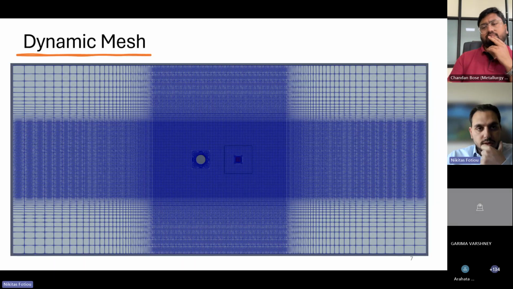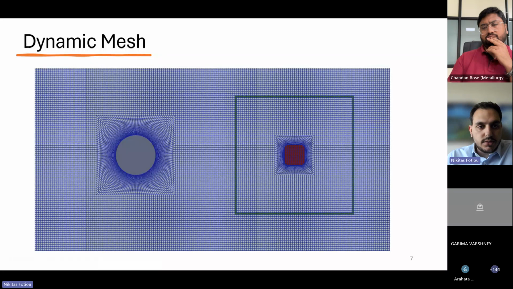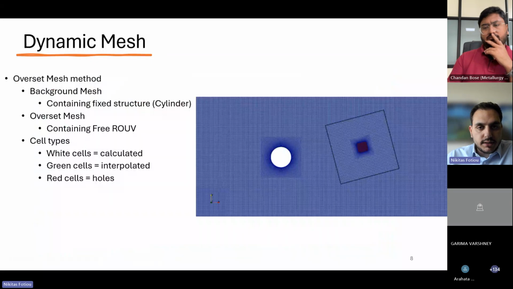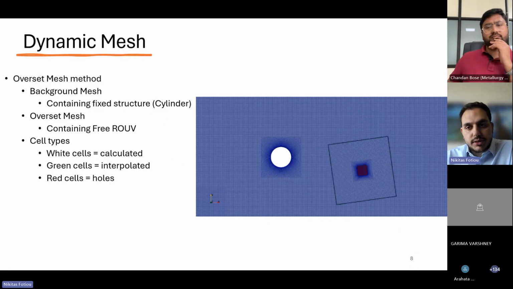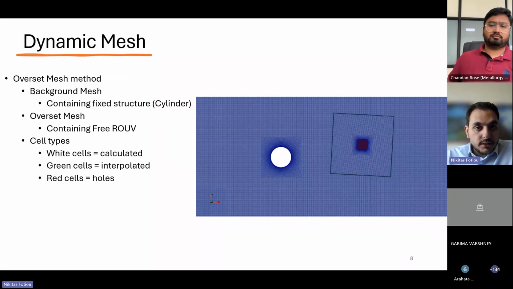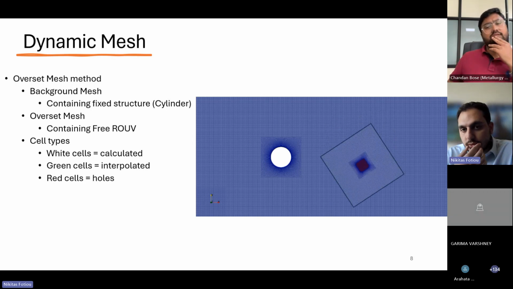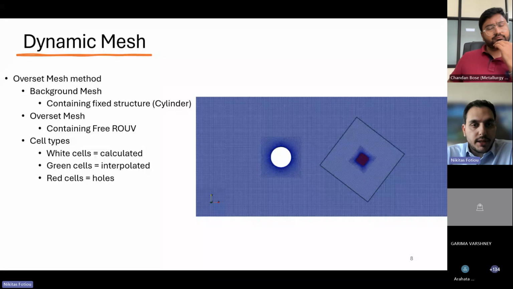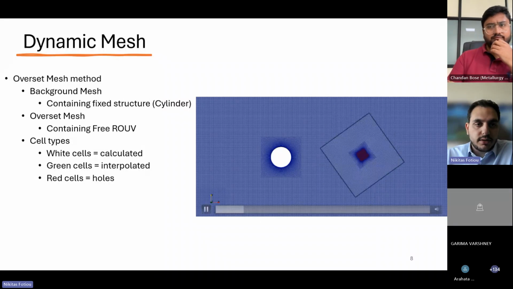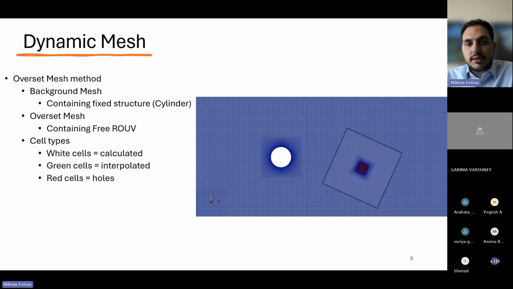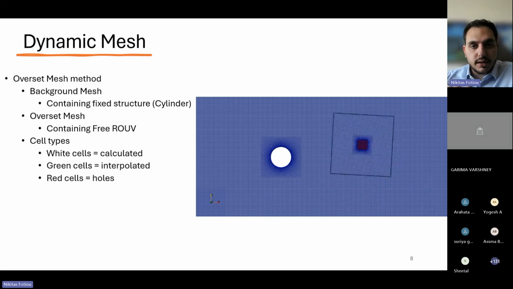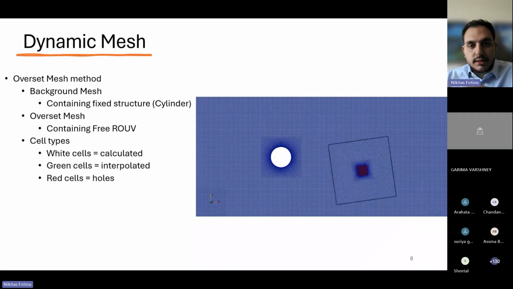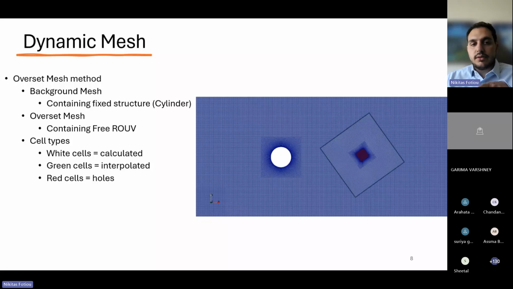This was the mesh that was used, which is zoomed in here at the area of interest. And this is a dynamic mesh in order to be able to capture the motion of the ROV. So the overset mesh method was used. In this method, we have 2 meshes. The background mesh, which has the fixed cylinder or the fixed structure, and the overset mesh, which has the free ROV that is allowed to move. The green cells in this mesh are the boundaries of the overset mesh, and the flow field in those cells is not calculated, but instead it's interpolated from the background mesh onto the overset mesh,